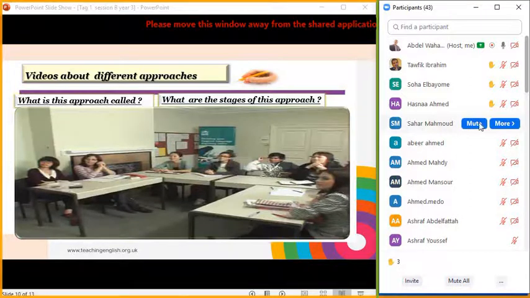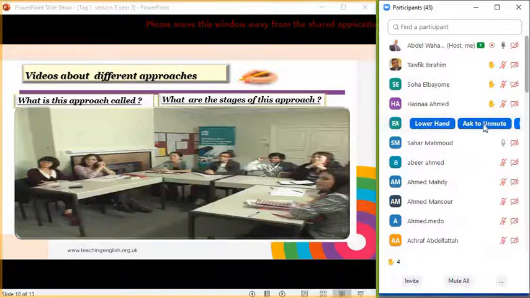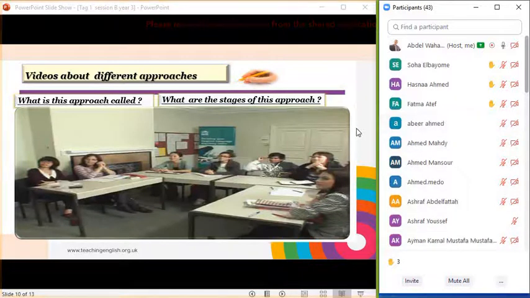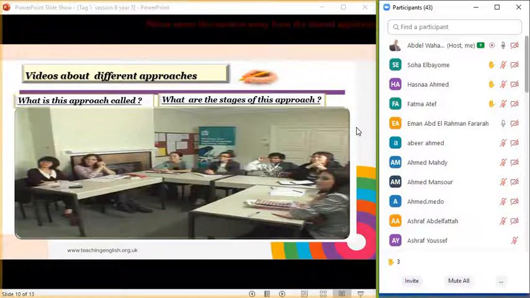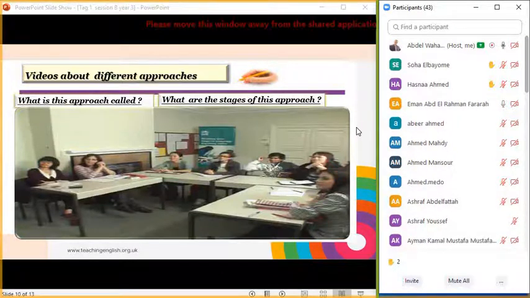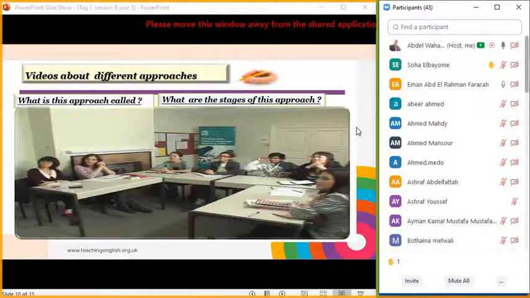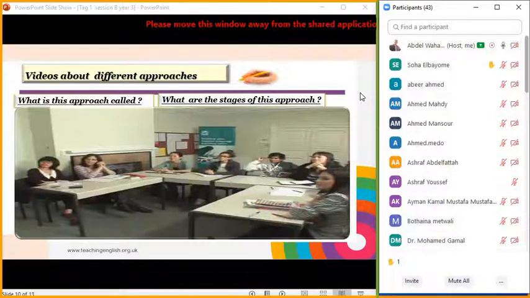Okay, thank you, Miss Sahar. This is a guided discovery approach. This is called guided discovery approach. The teacher gives them a word and asks them to write words related to this word. After that, he asks them to create sentences using these words, I correct them. I give them the chance to correct each other. I give them self-correction. After that, I think it is a very useful approach for learners and for teachers. The teacher feels satisfied with this approach.